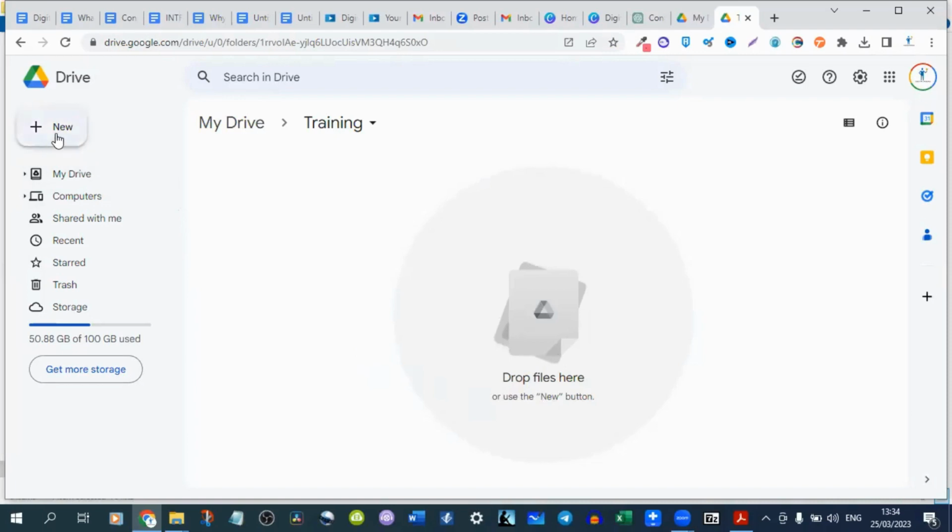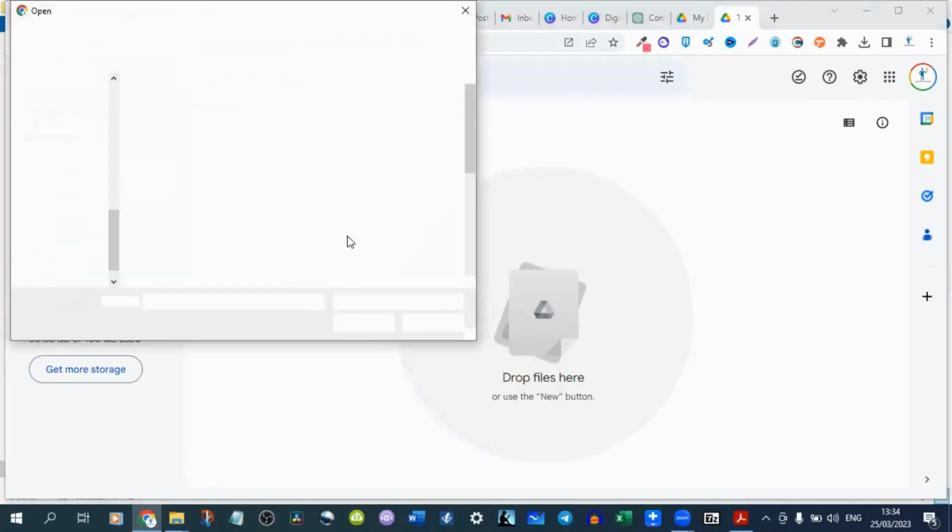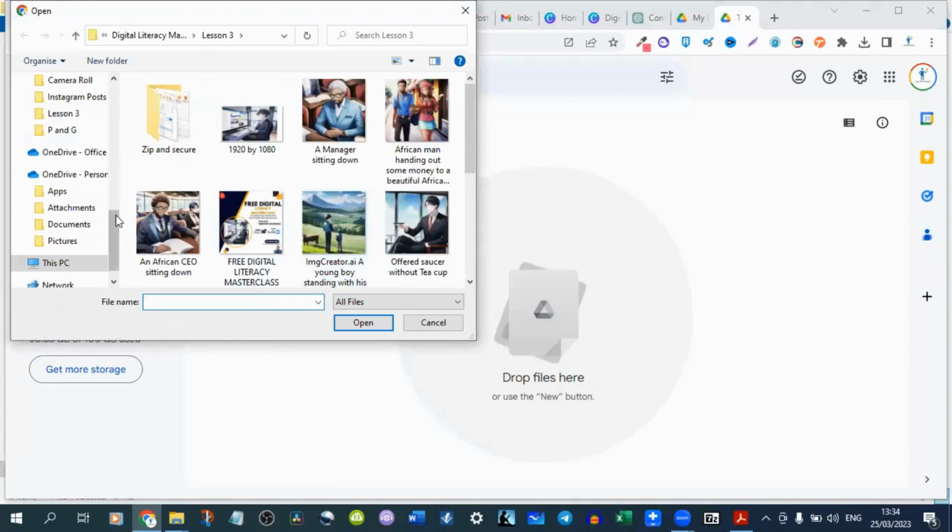So now let's just use the new button feature. I'm going to click on new again. The other time we used new folder to create a new folder, but this time we want to upload a folder. But now it's no longer a folder, it's acting like a file. So I'm going to click on file upload because it's already zipped. So I'm going to look for